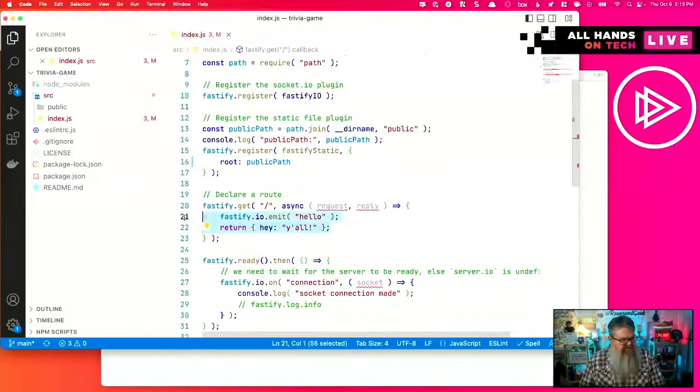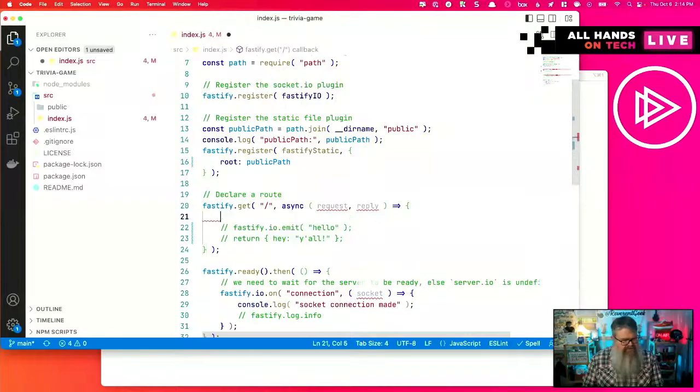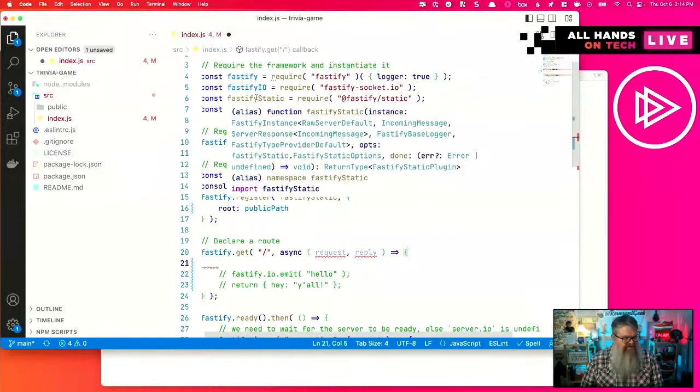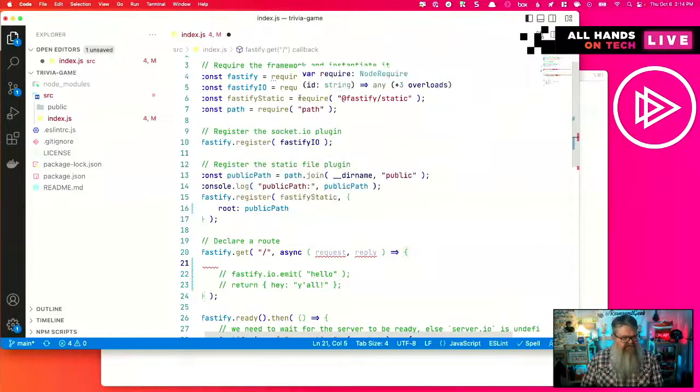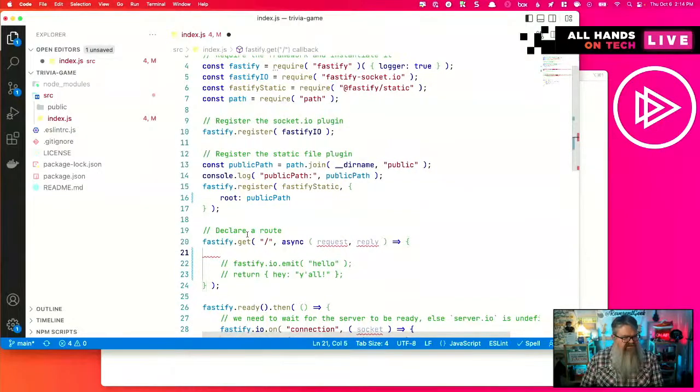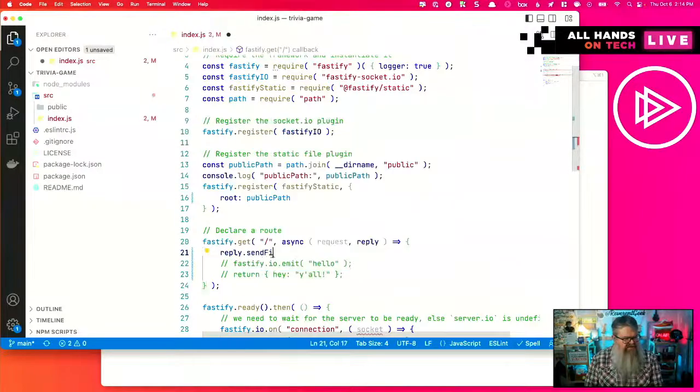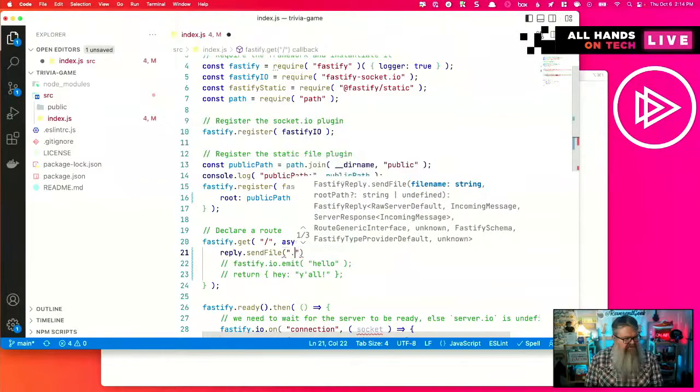So instead of returning this stuff or doing any of this work, let's comment that out for now. I found out through my homework that Fastify Static allows us to use a shortcut called reply.sendFile, I believe. So if we do sendFile,